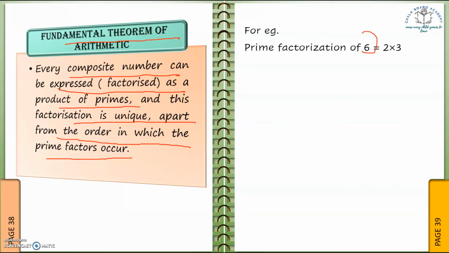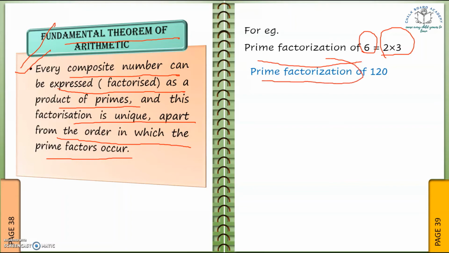We are taking the simplest example, which is the multiple of the two smallest prime numbers, 2 and 3. So 6 is a multiple of two prime numbers. So a composite number is the multiple of two prime numbers. This is what this statement talks about, that a composite number is the multiple of some prime numbers. It can be a multiple of two prime numbers, it can be a multiple of three prime numbers, and so on. Like we have 120. For this we can do prime factorization.